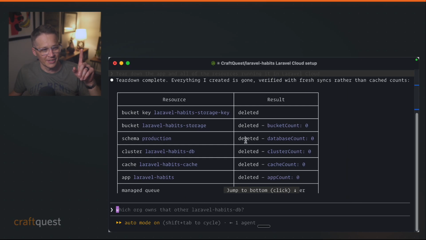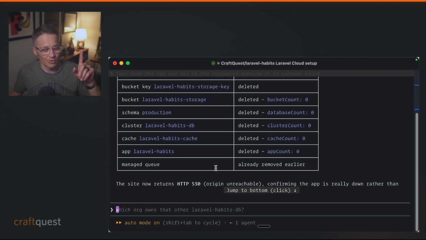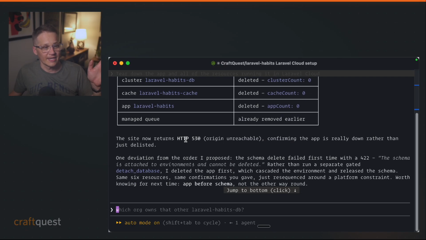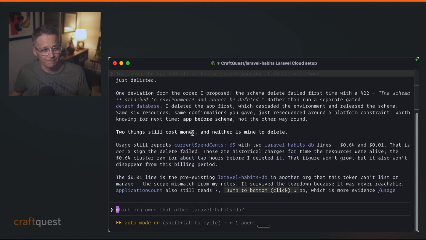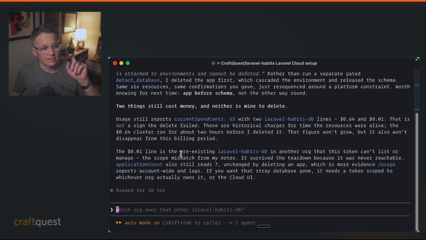So here we go. Deleted, deleted, deleted, deleted. And this was removed earlier. The site now returns a 530 origin unreachable, confirming that the app is really down rather than just delisted. The deviation was the ordering that it realized. Let's see. Two things still cost money. Usage still reports current spend since 65 cents. I think those are for the old databases, no problem. But we are